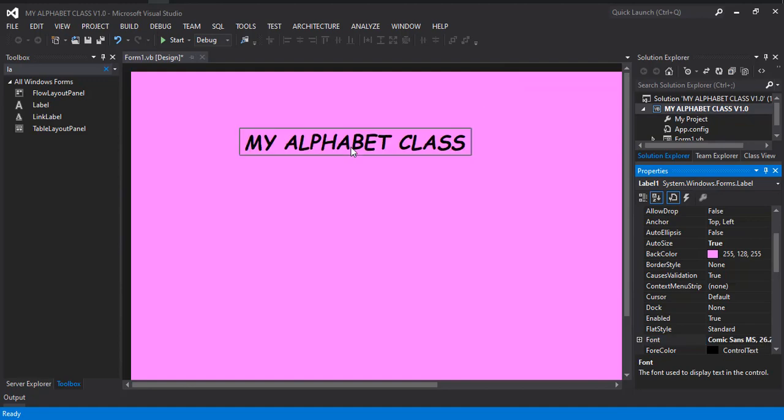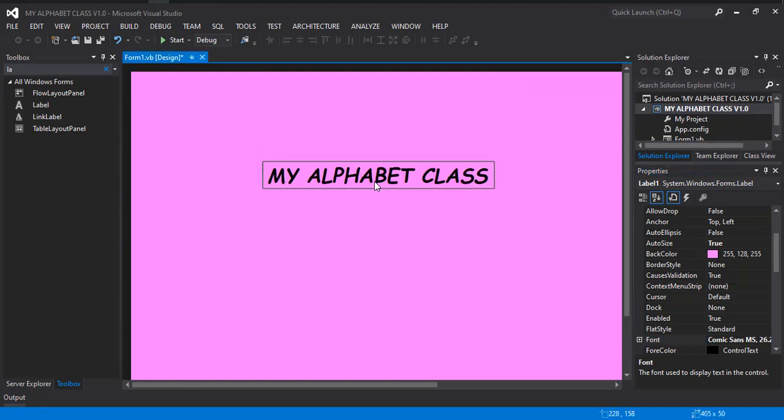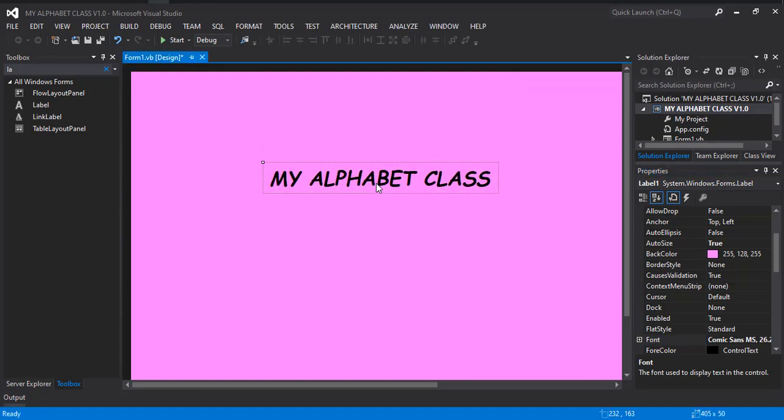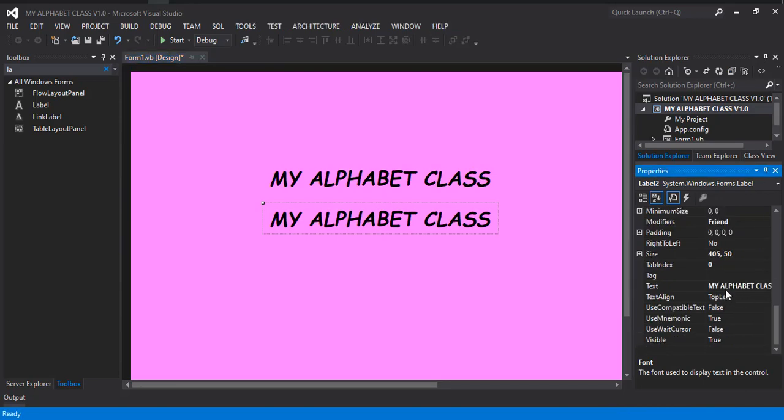Okay, so let's position it here. Okay, we do the adjustment later. So let's copy this one. You click on Control, then you left click and you drag. Control, you left click, then you drag. It will create a duplicate for you here. So let's change this one to version